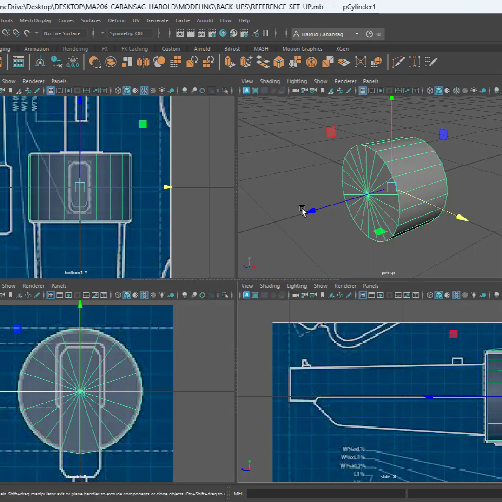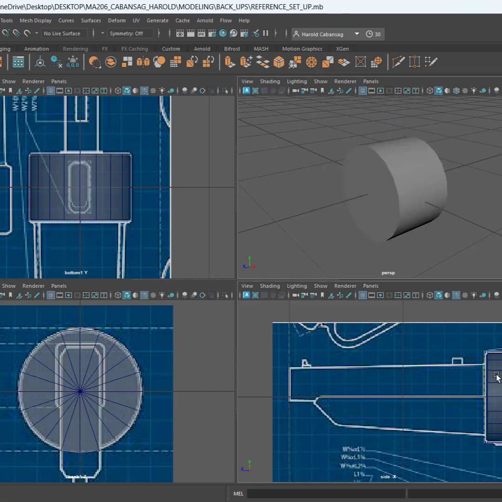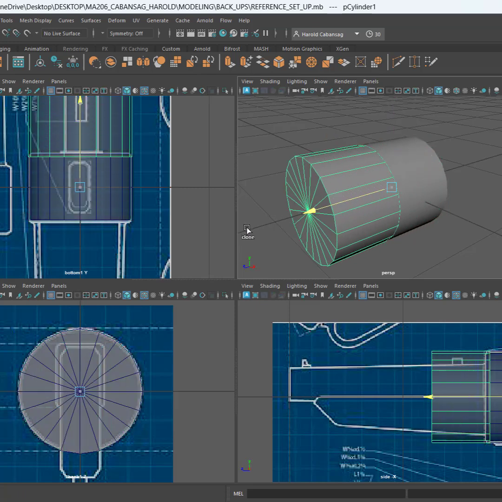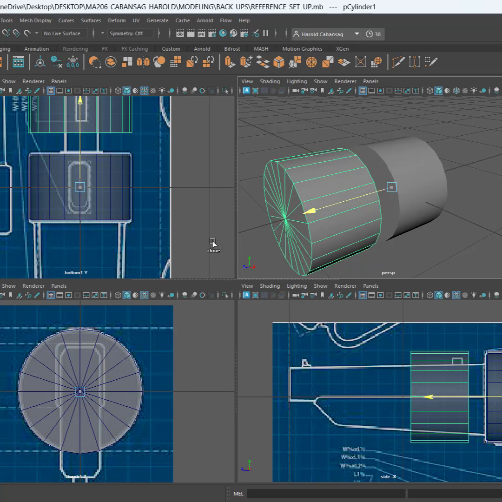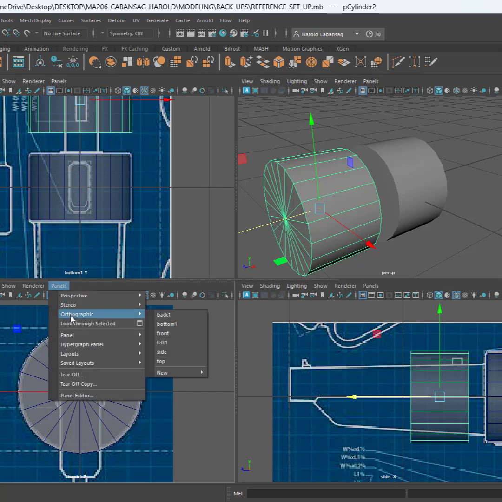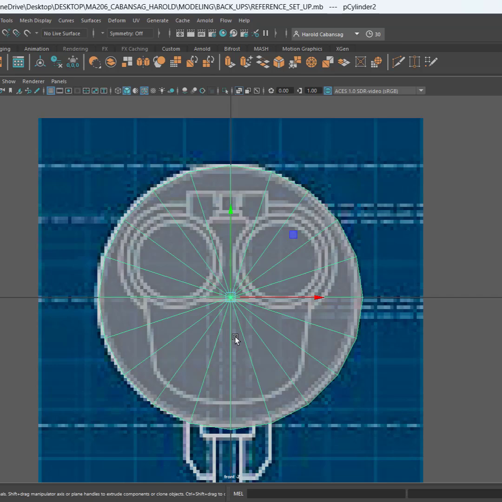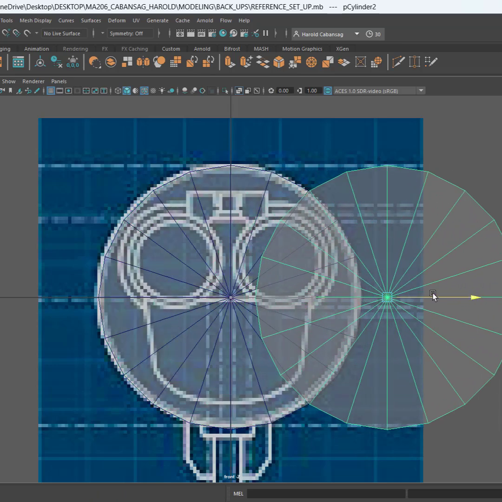For example, I will need another cylinder for this. So I have the option to just hold shift, no? Select this cylinder, hold shift, and drag along the forward axis, or the Z axis, there. Then release, and then I can switch this panel to orthographic front, and then I can just start moving it to the side here,